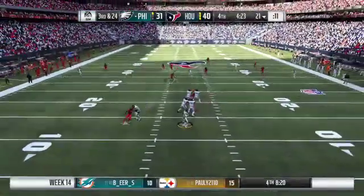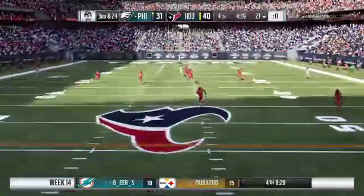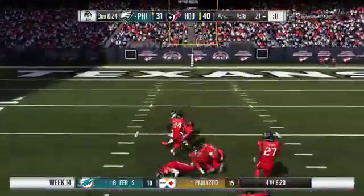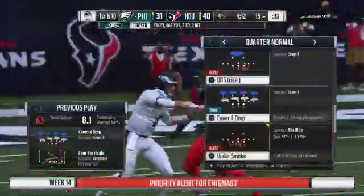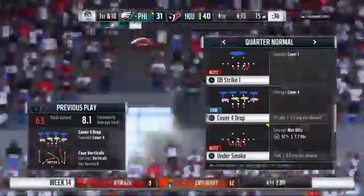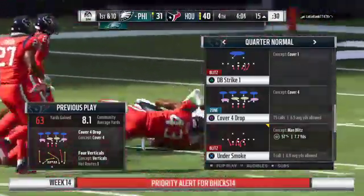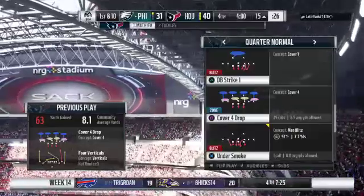3rd and long here for Rosen. He's going to loft one deep over the middle. It's caught inside the 25. A big play there for the Eagles on 3rd down. 63 yards. And in a 2-score game, obviously, every play, every 3rd down, like we saw there, magnified. Big pickup. It was a huge pickup. What they really want, though,